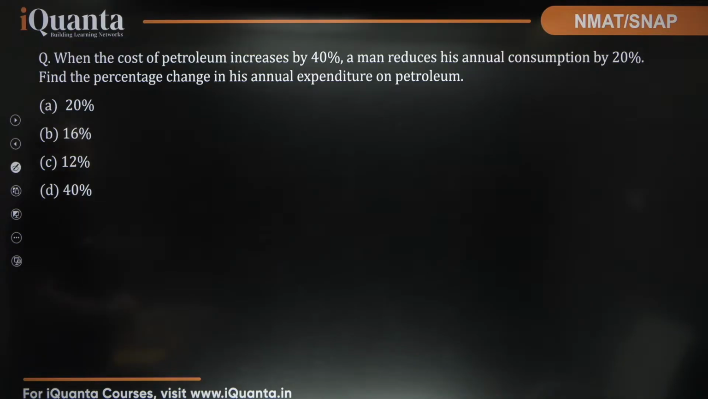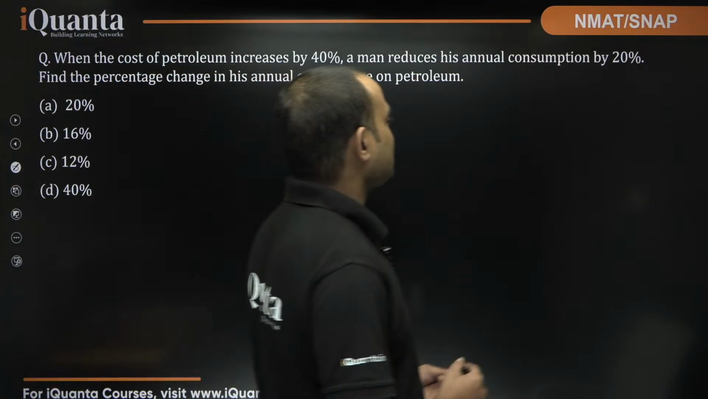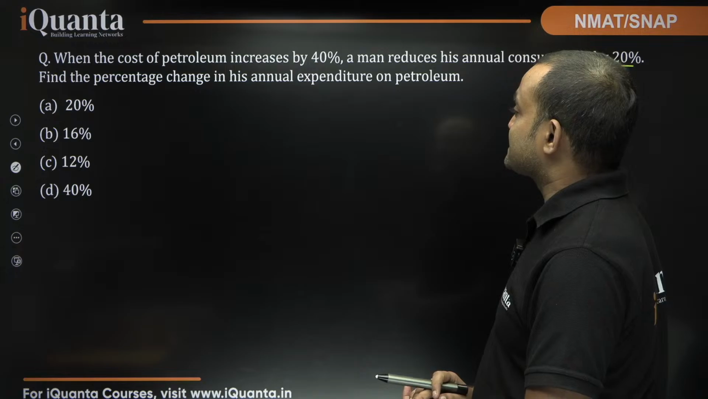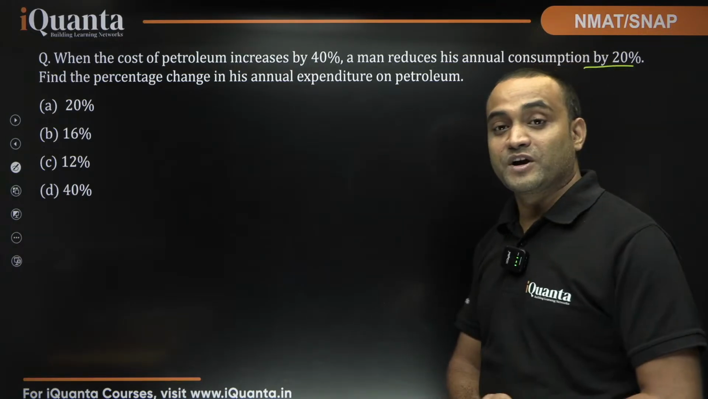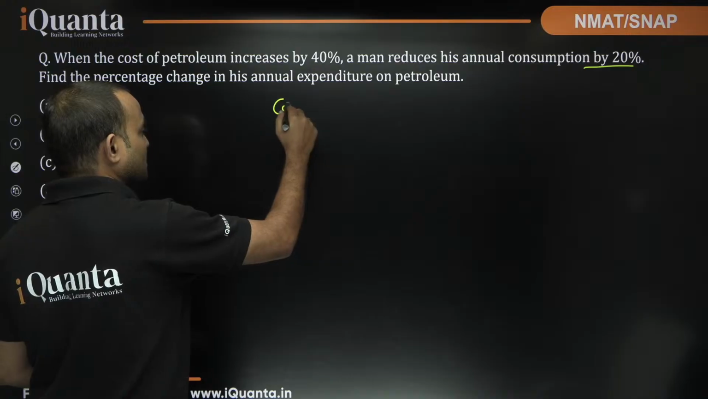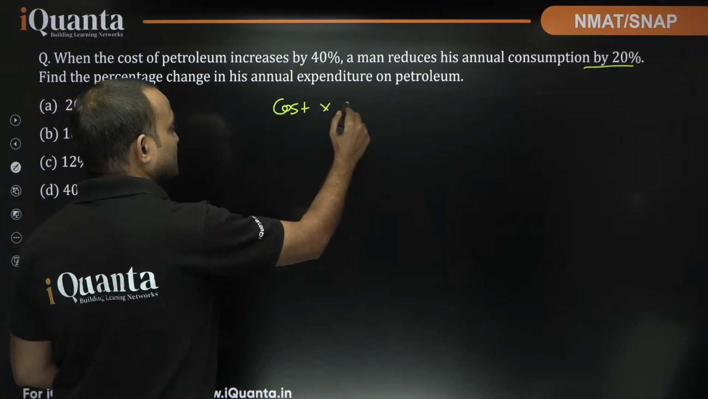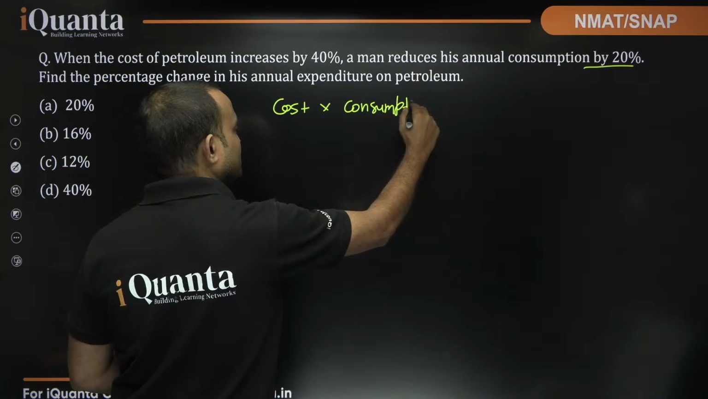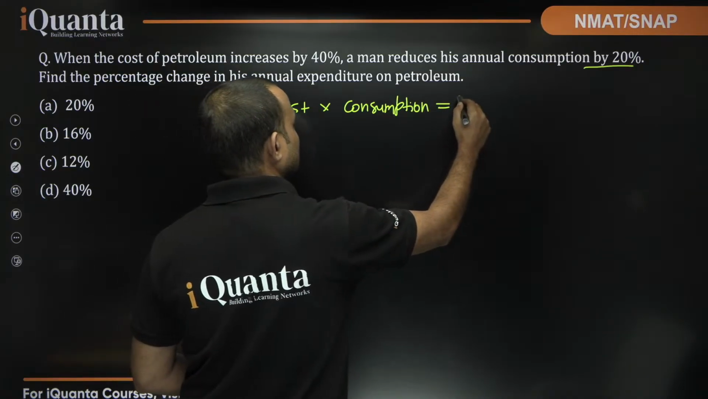When the cost of petroleum increases by 40%, a man reduces his annual consumption by 20%. Find the percentage change in his annual expenditure on petroleum. So what do we know? That cost into consumption is equal to expenditure,